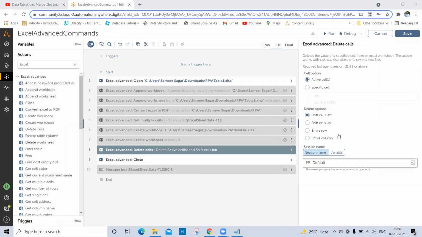And if you want to delete the entire row, in that case you can select this one. And if you want to delete the column of the cell which is already activated, for that you can select this one. Right now I want to delete the entire row, so I'll choose this one. Let me run this one.